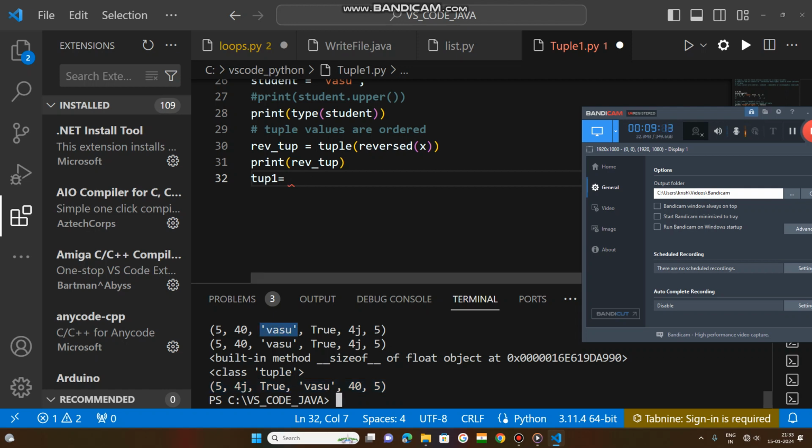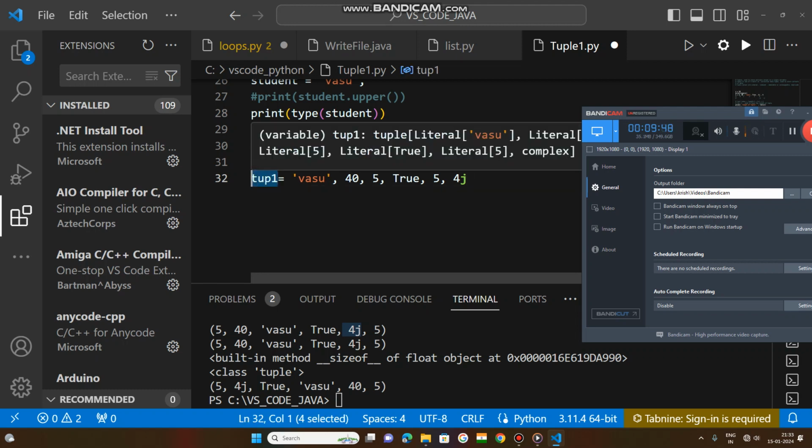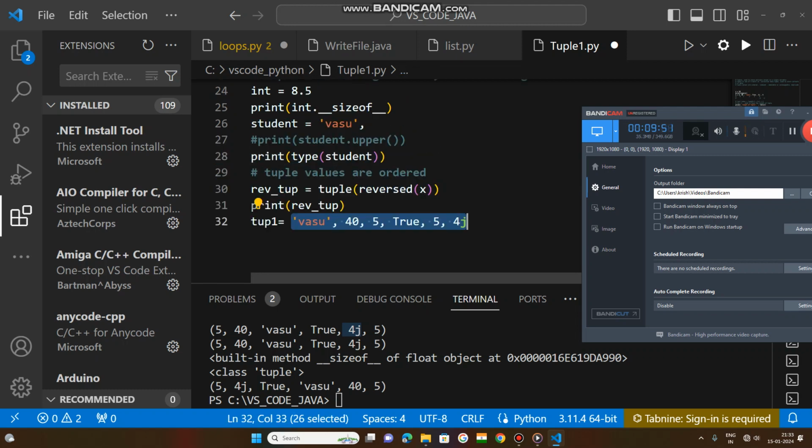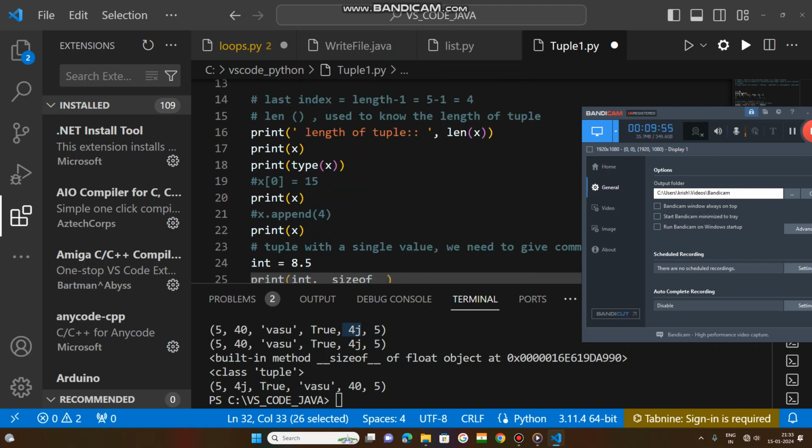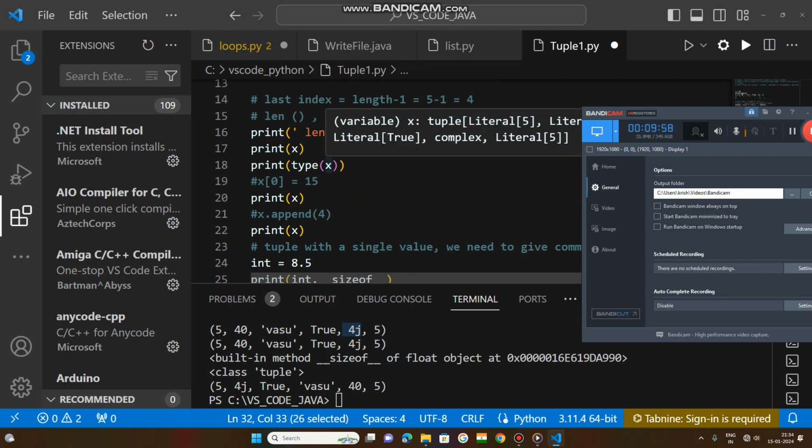Vasu, the string, is at the starting place, then true, the boolean value, then 40, an integer, then 5, one more integer, and after that 4j, the complex number, at the end. So now one more tuple is created with a different order. So if you want to change the order of tuple values once the tuple is created,